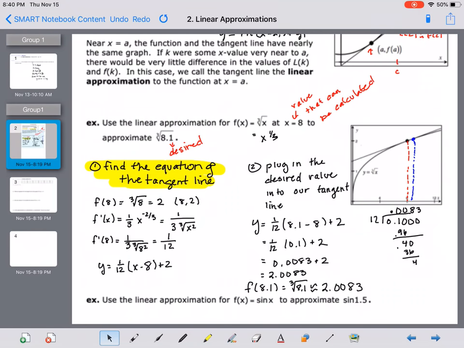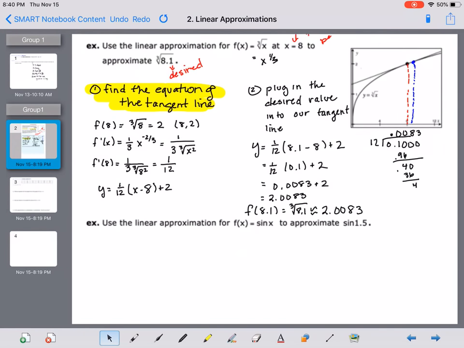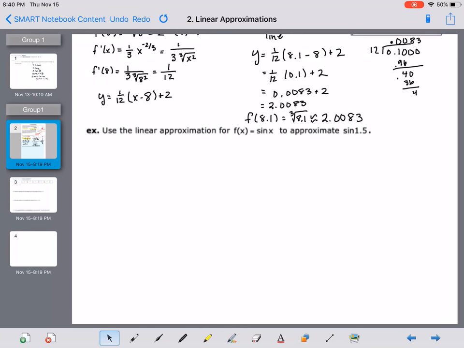So in this particular example, they gave us the function, they gave us the value, and then they asked us to approximate another value. The next example says to use a linear approximation for f of x equal to sine x to approximate sine of 1.5. So they didn't give us a value to use. So what I'm going to do is choose a value for x that's close